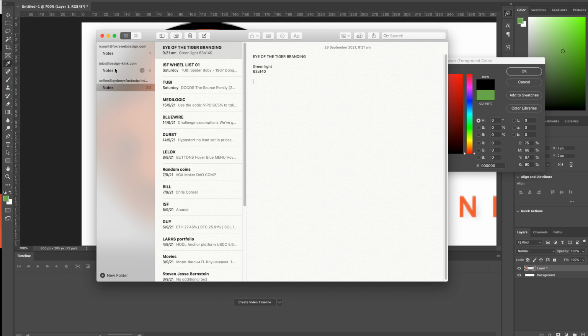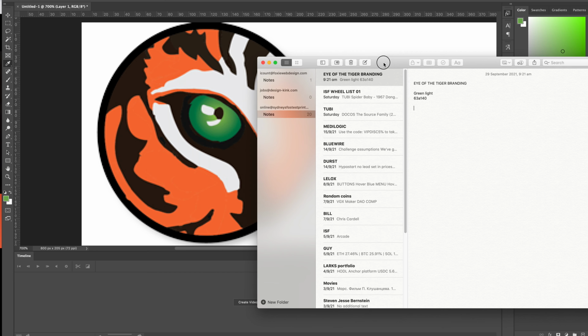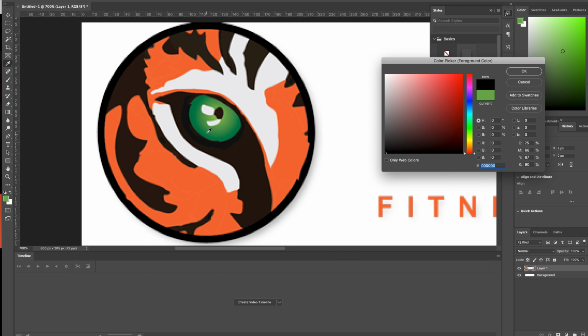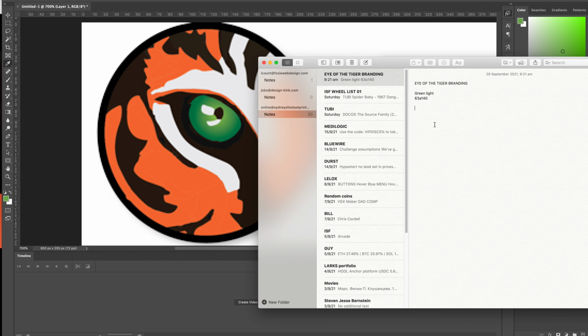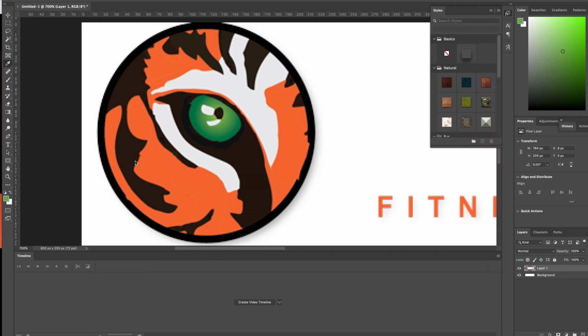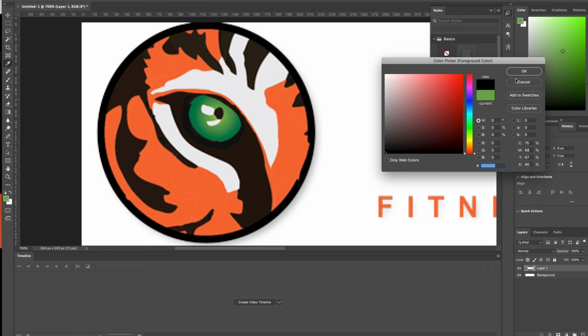Usually you put a hash before a hex to denote that it's a hex color, but I know what it is, so I'm not going to type that in. And then I'm just going to get the darker green as well over here and grab the hex code for that one, and again put it into my notes, dark green, and we'll use that as the basis for the interactive colors on the website. Okay,